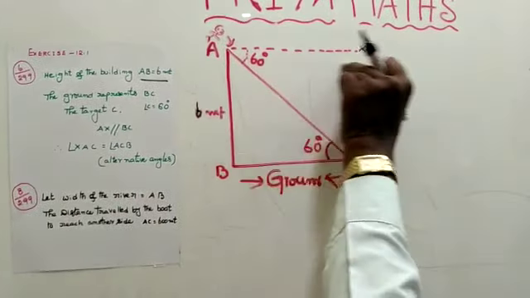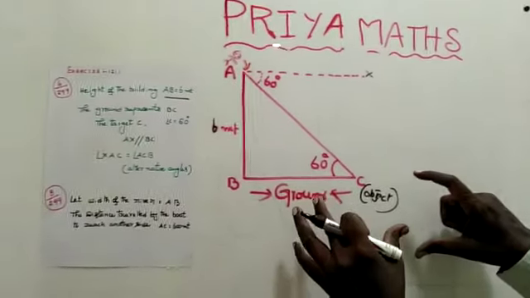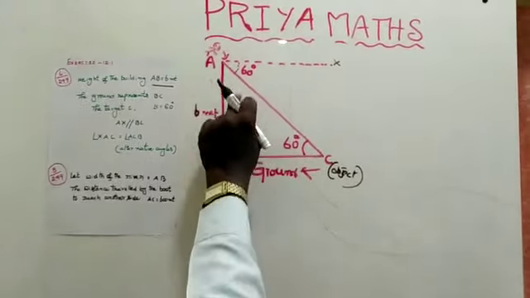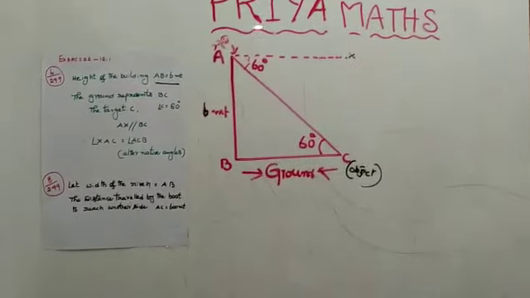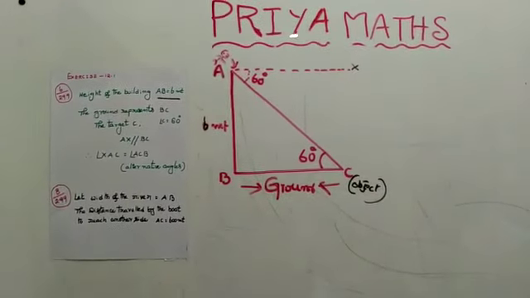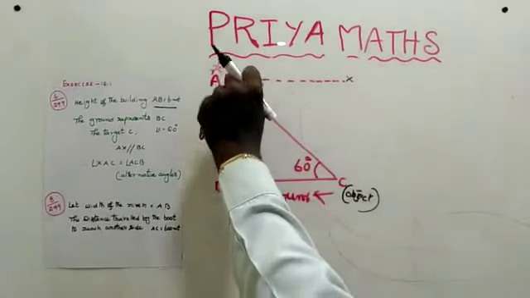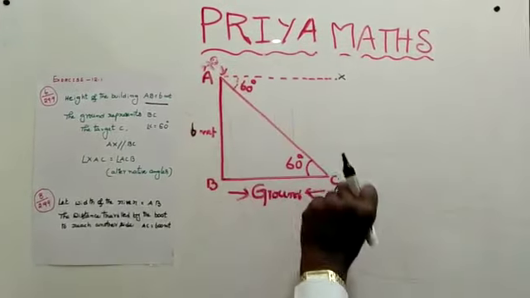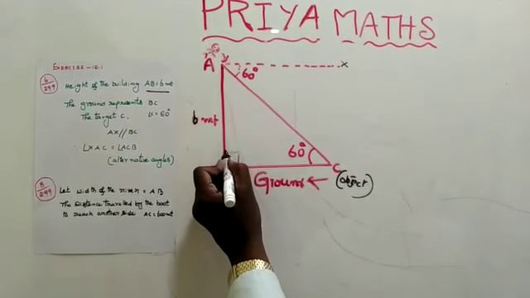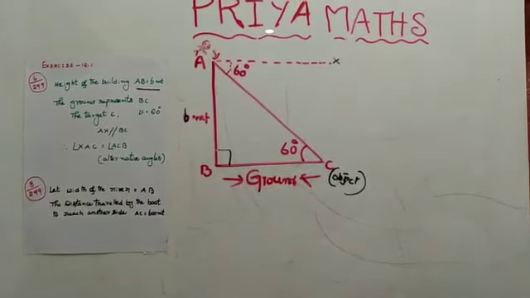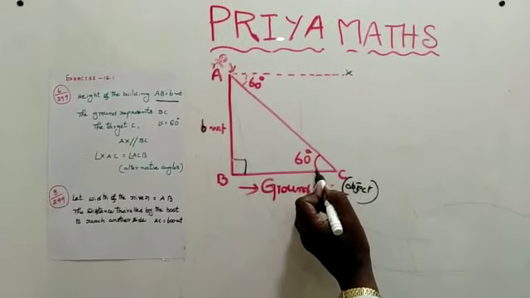When angle A is equal to 60 degrees, with the parallel line, angle C becomes equal to 60 degrees. Briefly, you have to understand here. Then you will find in the question what he asked: the target on the ground and angle of depression 60 degrees. What is the distance between you and the object? You will find AC. This is the object and you, the distance. So when you draw the diagram, it becomes a right angle triangle. So this is the 60 degrees.